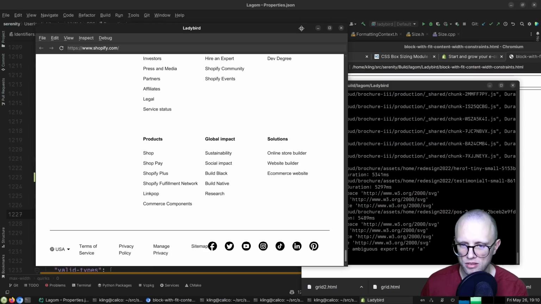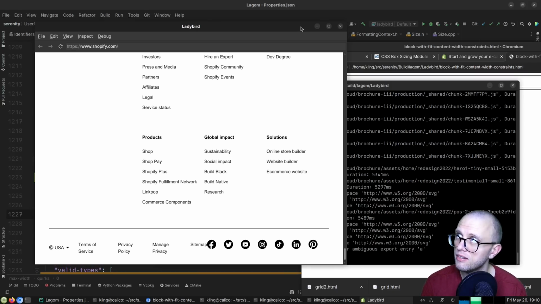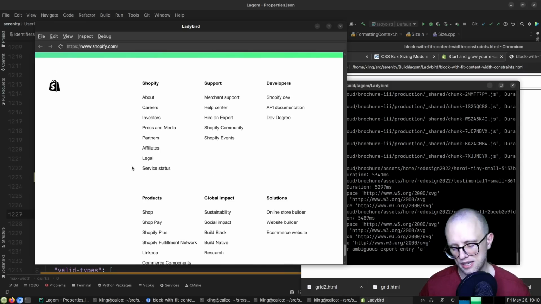Although the fit content, I haven't seen that keyword used much in the wild web yet, but it's probably going to come more and more because it is very useful to be able to say like, hey, make this thing exactly the size it needs to be to fit all the text or all of the stuff inside of it, right? It's a handy keyword. So yeah, this was enjoyable, and we have a lot more places to patch up, but